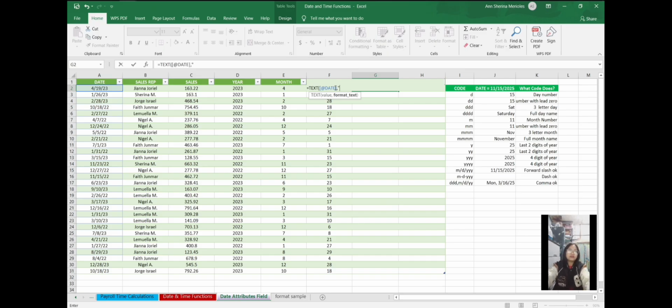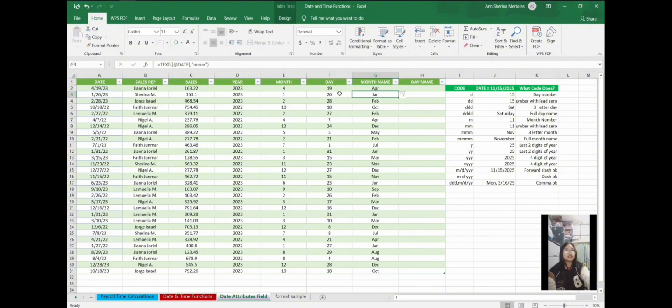So in here, I'm going to use 3 letters of M, and then enter. So as you see, I just have 3 letters of the month name.